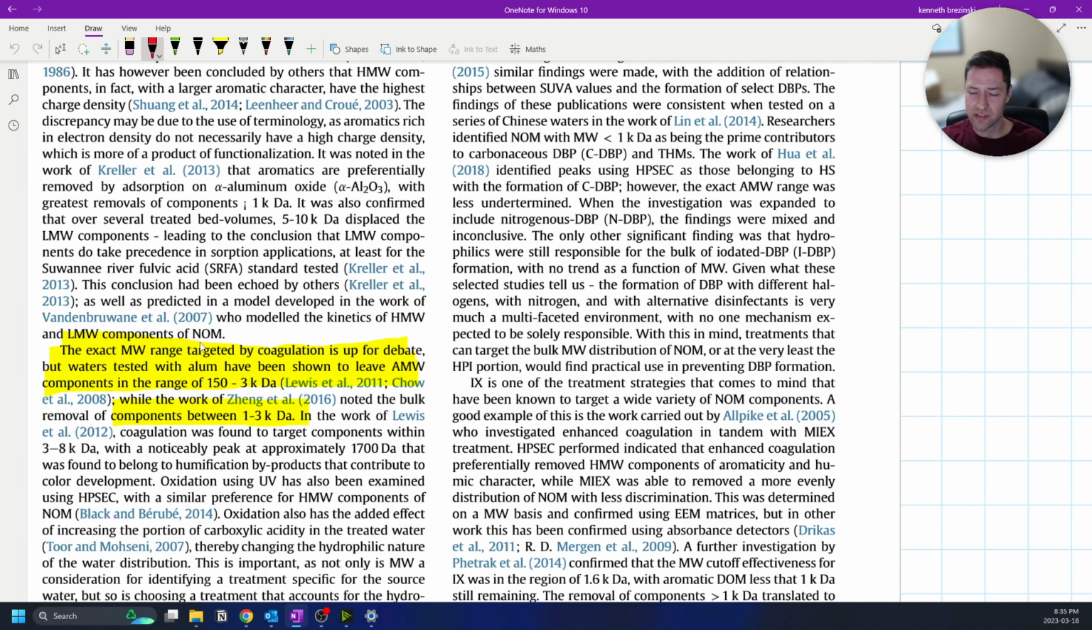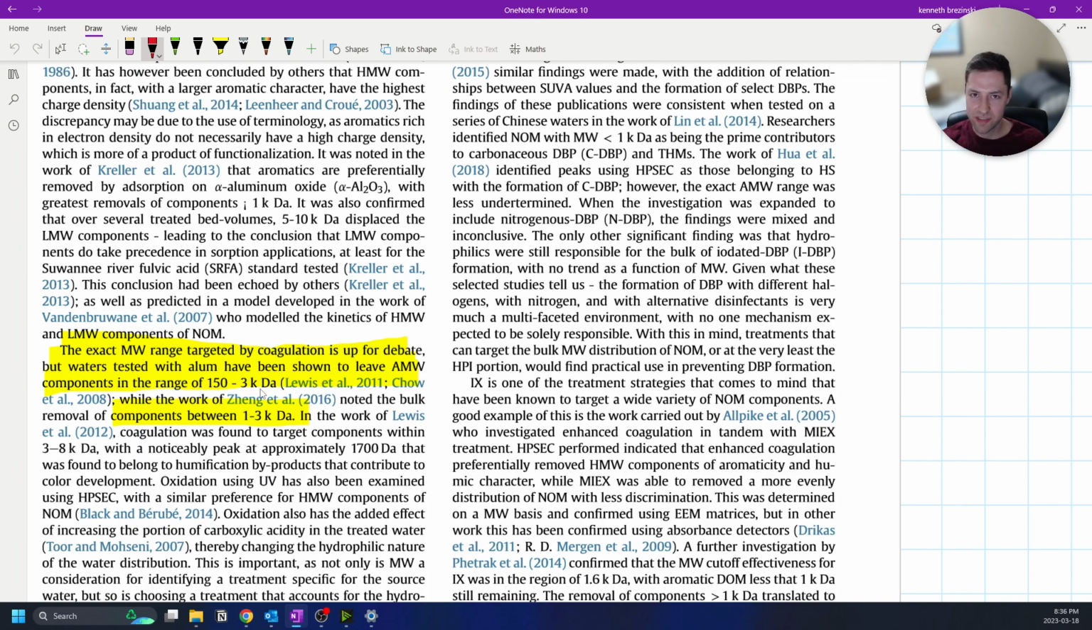And again, they're looking at certain molecular weight ranges. So here's another one, the exact molecular range targeted by coagulation. This is important because we're looking at characterization, but we're also trying to implement something within a water treatment train, right? If coagulation can target a certain subset, that tells us that subset won't exist later, when it's removed from the water and faces a nanofiltration membrane. So we can use it as pre-treatment for a more expensive form of treatment later on. What exactly the range is that it targets is up for debate, but those tested with alum as a coagulant have been shown to leave the AMW components within the range of 150 to 3K daltons. That tells us anything larger than 3K daltons tends to floc better and settle, and therefore it won't make it all the way to the later stage